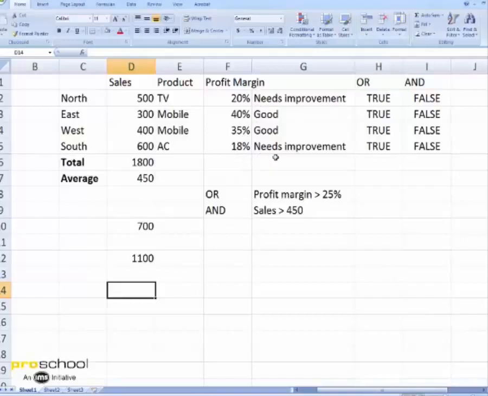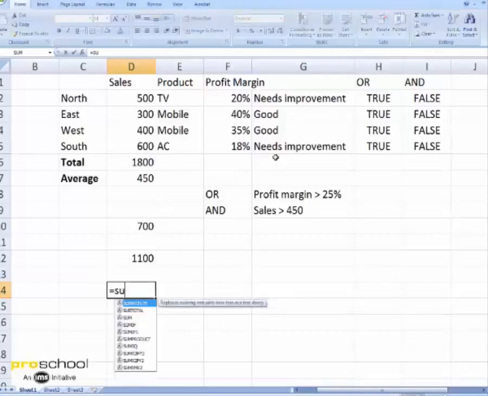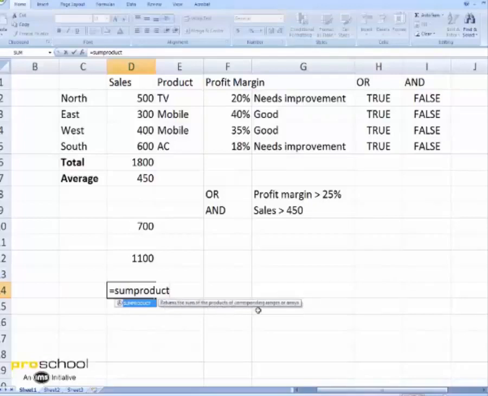But this is exactly what can be replicated by a single function called as sum product. So if I say equal to sum product, the help says, returns the sum of the products of the corresponding ranges or arrays. Let's understand it when we see the parameters.